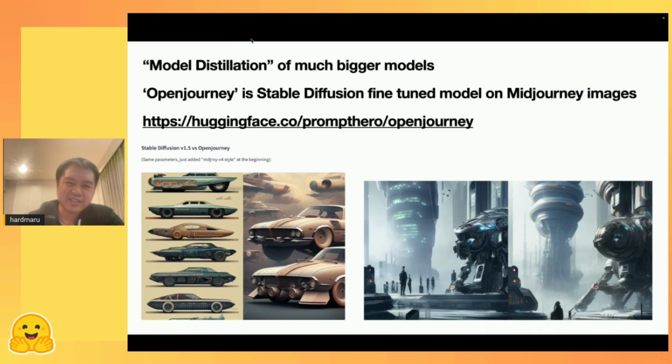And what's funny is people actually tried to get Stable Diffusion to generate styles that look like Midjourney by simply collecting Midjourney images and fine tuning the Stable Diffusion model to mimic the prompt to Midjourney images. And you can kind of get Midjourney. They kind of rediscovered the concept of model distillation by fine tuning Stable Diffusion on Midjourney data. That was kind of cool.